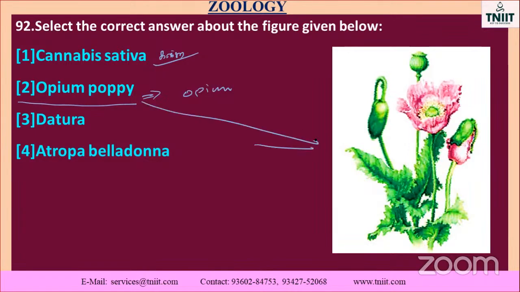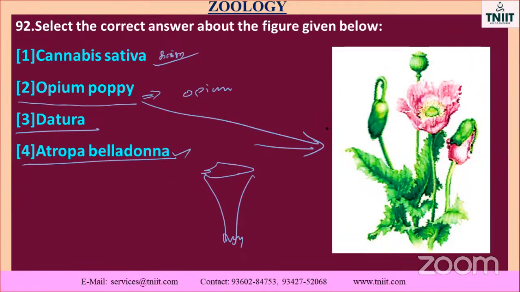So this is the correct one. Datura species, the flower will be like this. Persistent calyx, Atropa belladonna. It is also one of the medicines. But here the given figure is directly related to the opium poppy. It's one of the